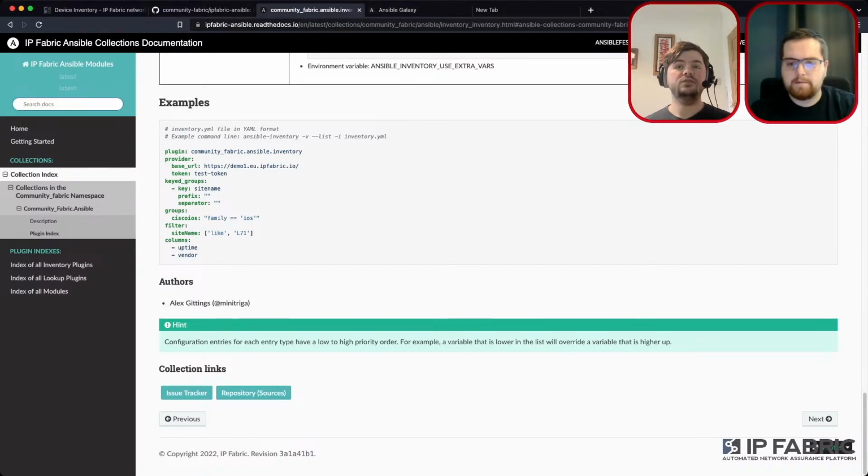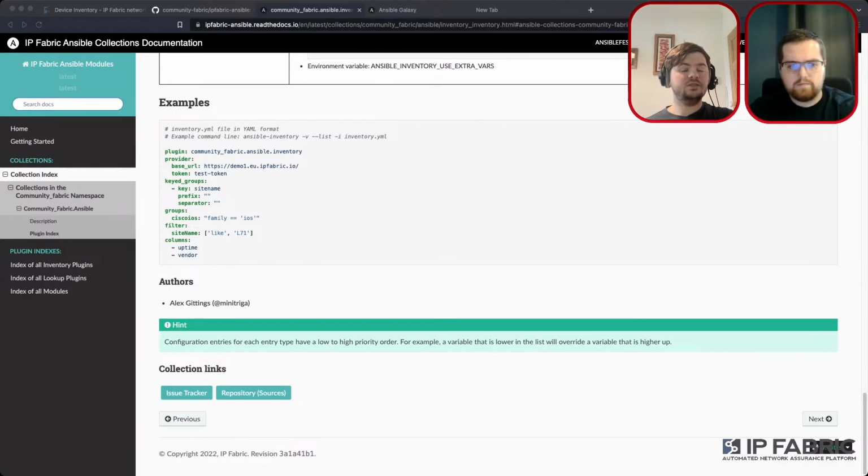Yeah. You can also do things like, for example, I've got the groups here. So you can create a group called Cisco iOS, and then you can do Jinja within that as well. So you can do family equals iOS, and it'll create all the Cisco devices within that one. So it'll only match on certain devices. So it's very powerful. For our use case, we want to actually